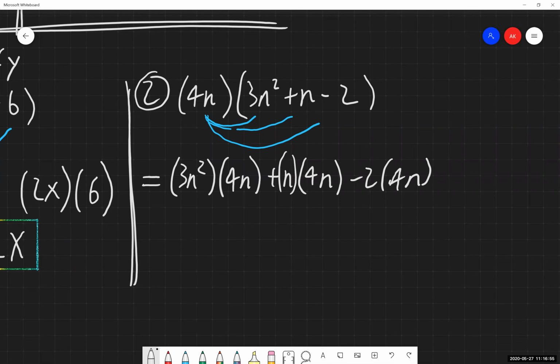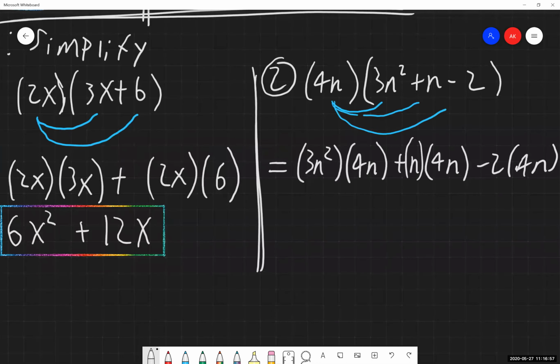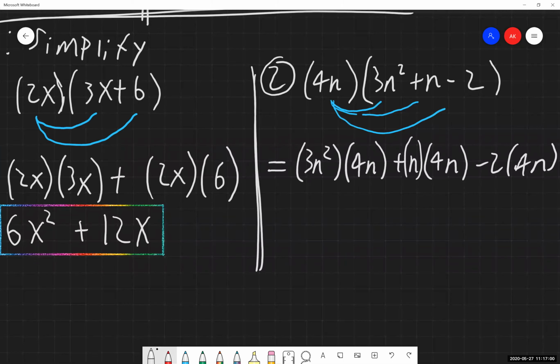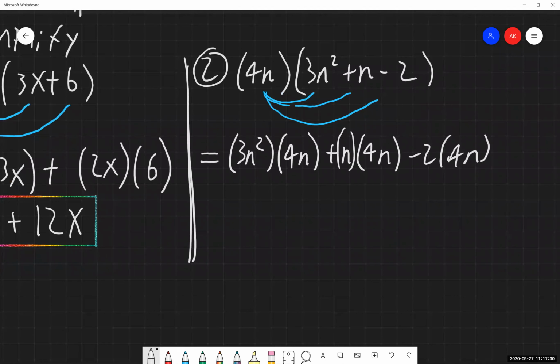Now, I do want to draw your attention, and maybe some of you have noticed this. In the first example that I did, I put this monomial out front in front of each of these terms as I multiplied them together. And in this example, I'm putting it at the end of each of these terms as I distribute them through. There's no reason to do one over the other. Both work. There's nothing wrong with it. I'm just doing this so you're aware of the fact that we can write these things in any order as long as they're all multiplying together.